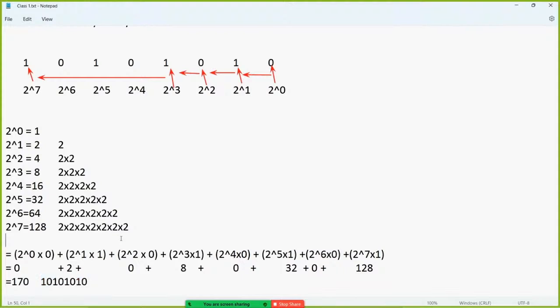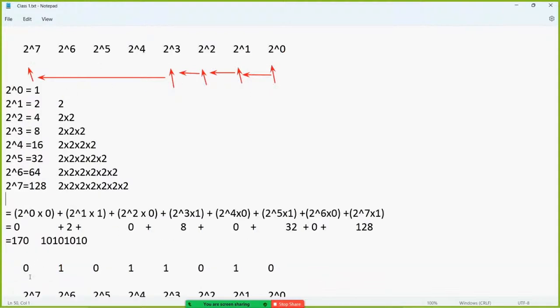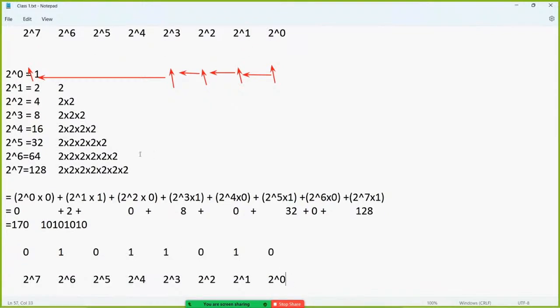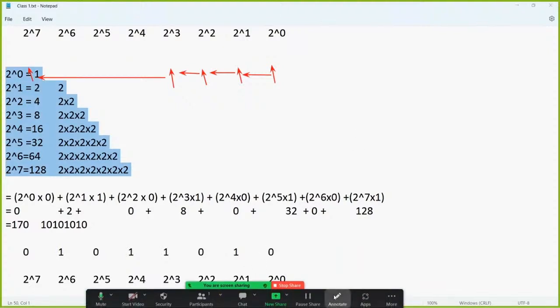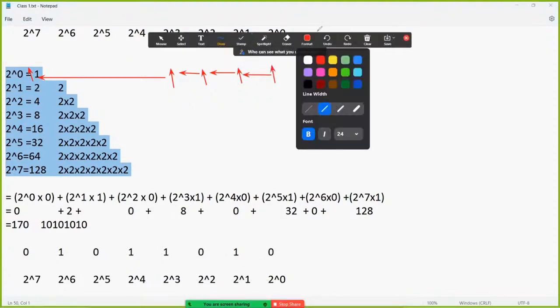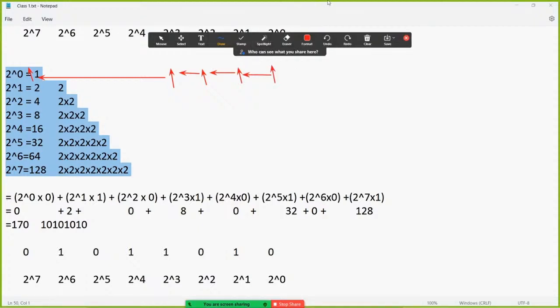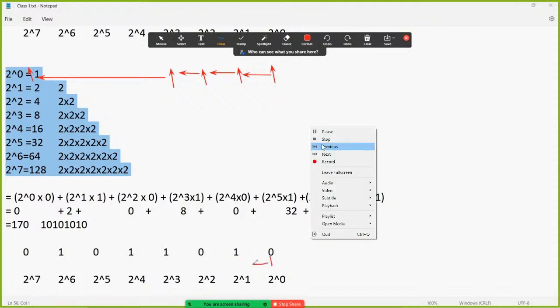Perfect. If everyone has understood this, guys, I have another number over here, as you can see, 01011010. Can everyone convert this value and give me the answer for that? Take your time. You have the table over here as well. And as I've mentioned, you need to multiply the row number with the top one and just go with the next. Multiply and add, multiply